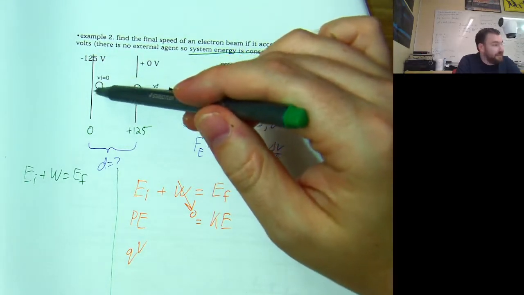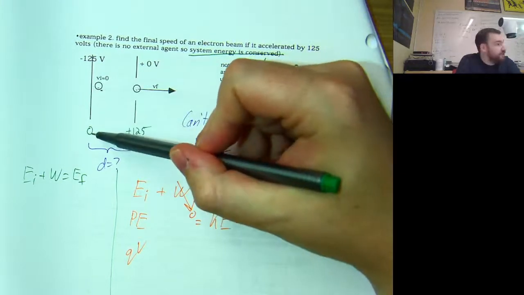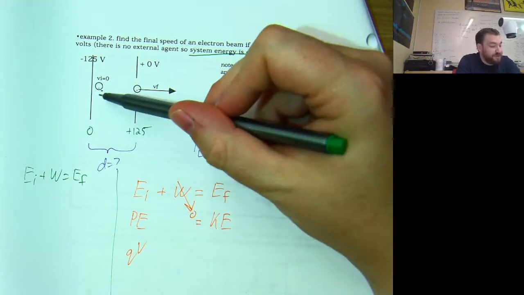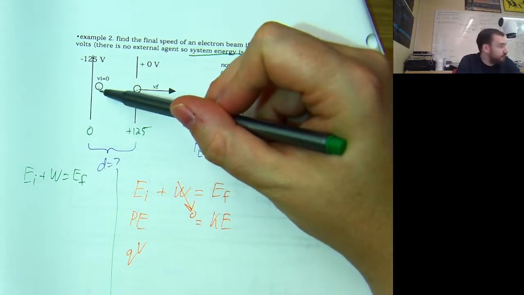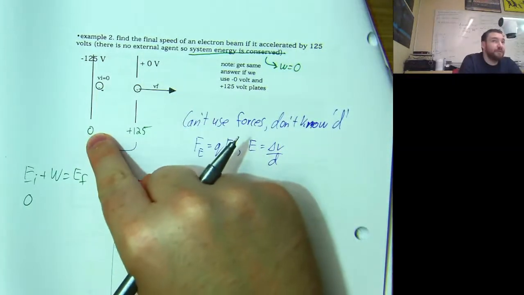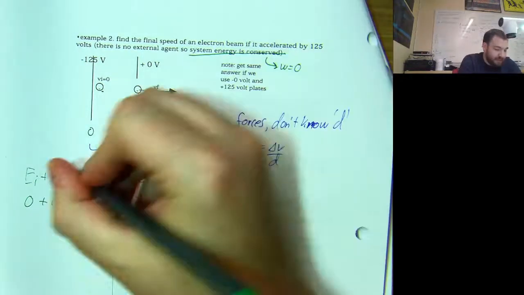What kind of energy is present at the beginning? At 0 voltage, potential energy is given by QV. No voltage means no potential energy here. So there'd be no initial energy using these green values here. Plus no work equals